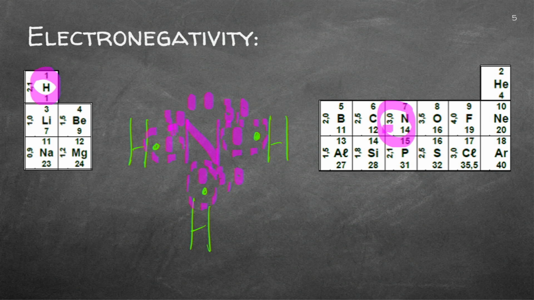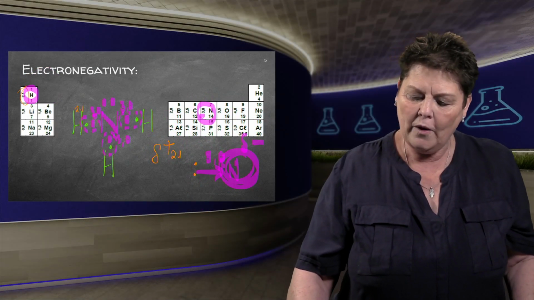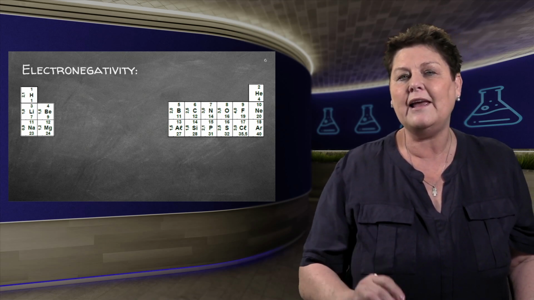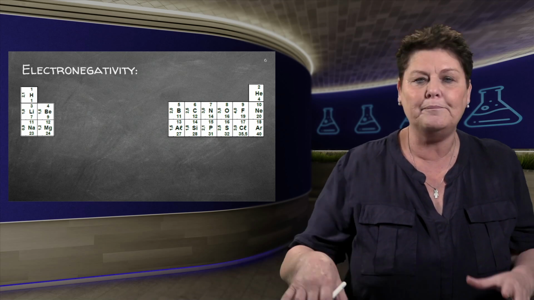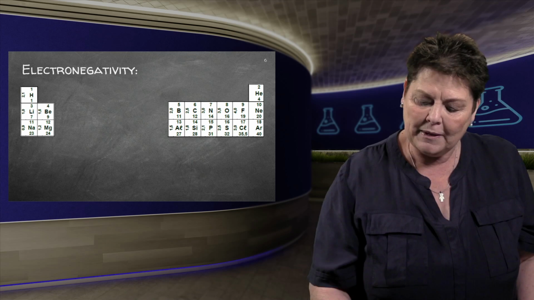What's the electronegativity of hydrogen? It's 2.1. So I've got 2.1, I've got the 2 electrons, and I've got 3 on this side. Who's going to win? This one is going to win. It will be nearer to the nitrogen, being here most of the time. Therefore, this side is slightly negative and this side is slightly positive. So what we're doing now, we are deciding where the electrons will be more, they'll be moving there more. So the probability is more.